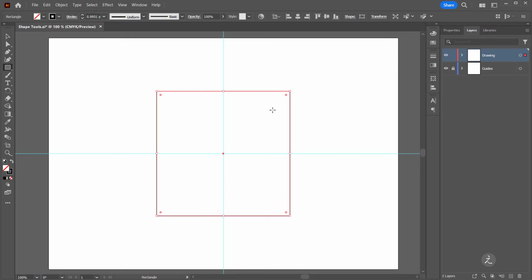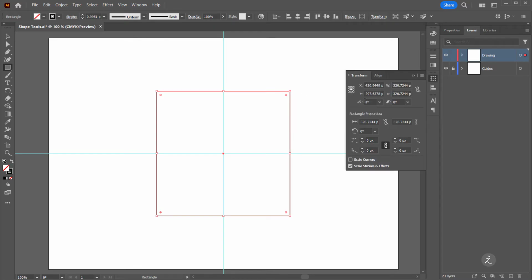Another option is to double-click on one of these live corners, and that brings up the transform panel. Here I can set the corner radius independently by breaking the chain icon. For example, I'll set the top left corner radius to 15 pixels.